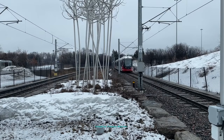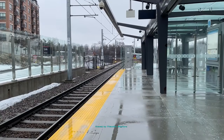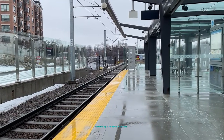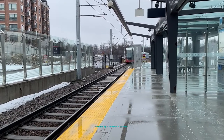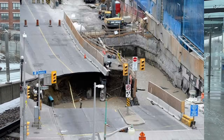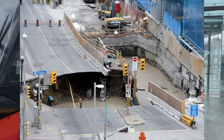No one was injured, and the RTG claims that the sinkhole won't cause any delay in the construction. According to the consortium's analysis, the reason was an old construction trench that was not discovered during testing. But that isn't all. You see, on June 8, 2016, a massive sinkhole opened near one of the downtown stations,